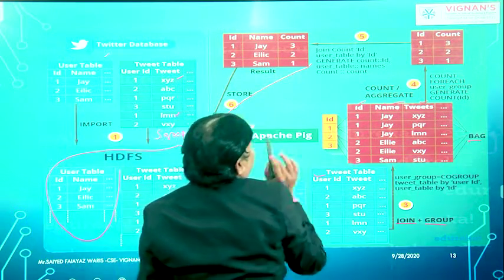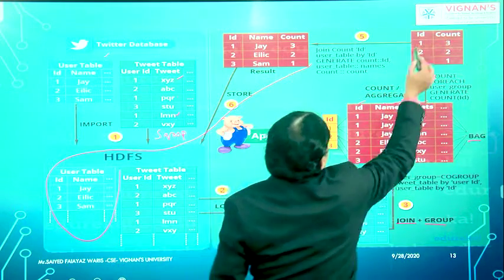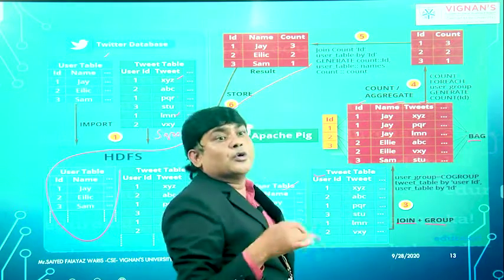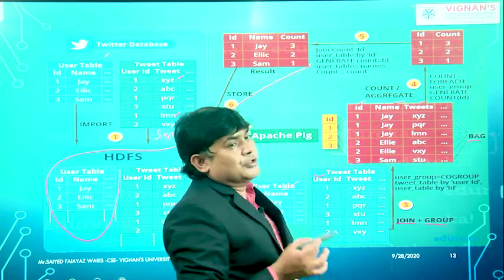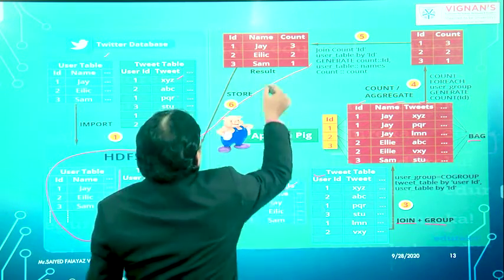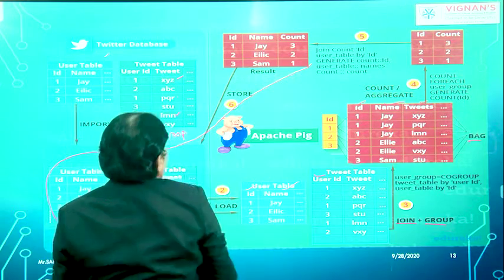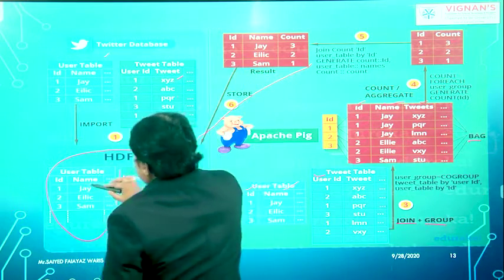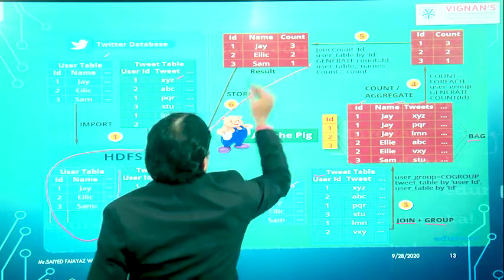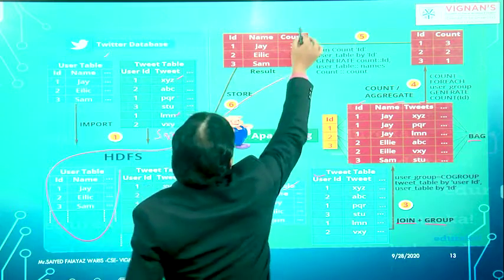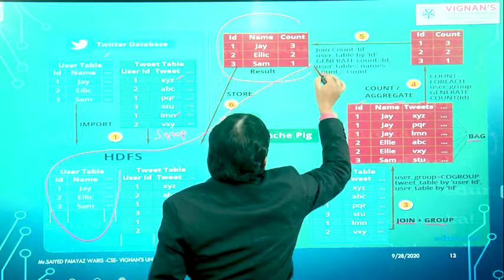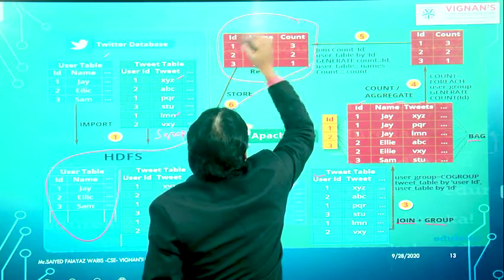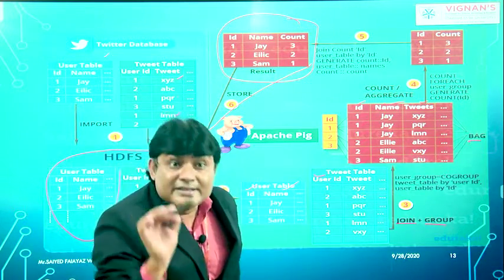Because to make the information clearer, I want to know the ID number, and at the same time I want to know the name of the user. So if you want to know the name of the users, I make a join operation with this user table. So I am getting the ID, then the name, and the count. Now this is my result. This is the result I obtain.